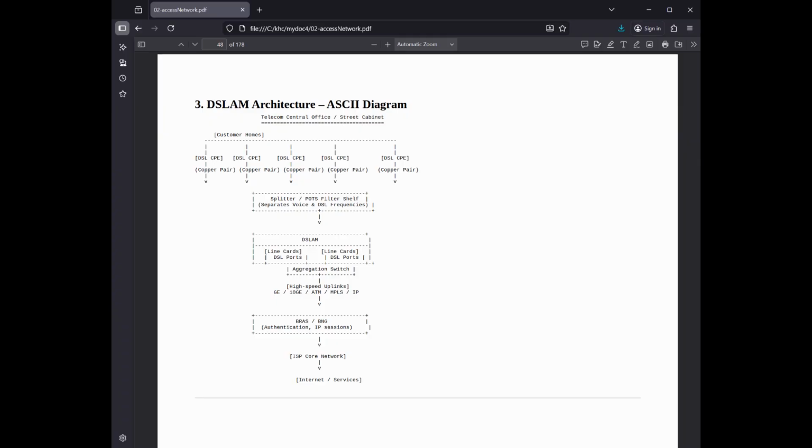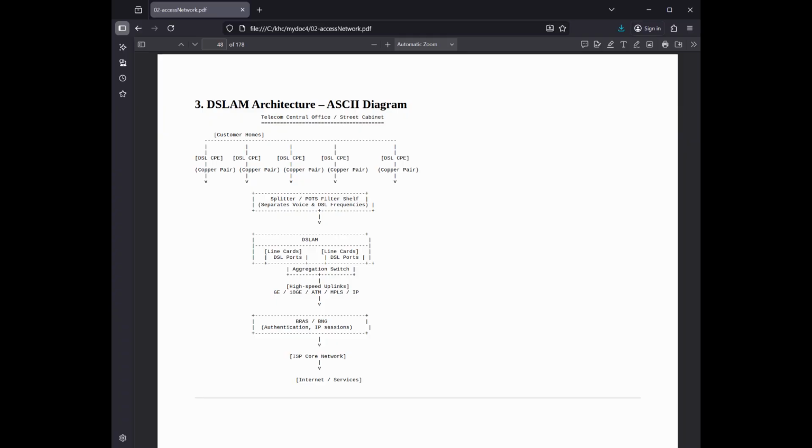Types of DSLAMs. 1. ATM-based DSLAMs: older technology that uses asynchronous transfer mode to move data. They are less efficient for modern web traffic. 2. IP DSLAMs: the modern standard. They process data using Internet Protocol, IP, which is faster, supports higher bandwidth, and integrates more easily with modern fiber